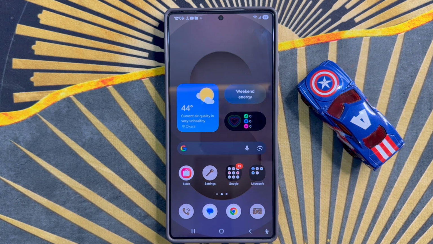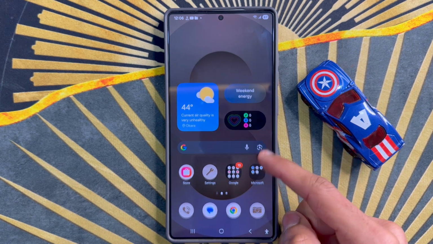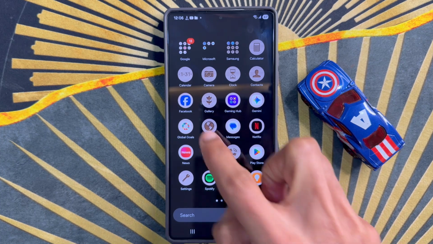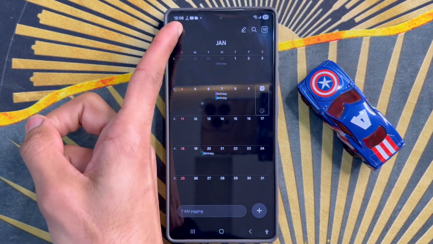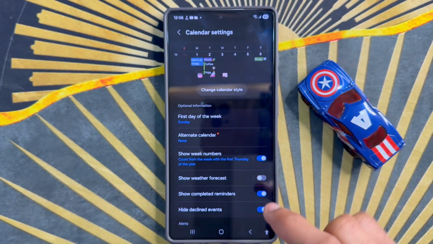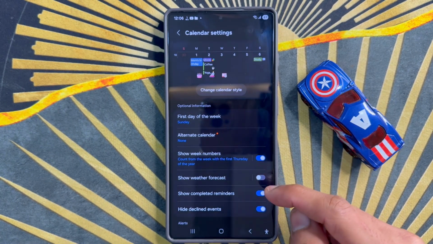Let's start the video. First of all, go to app library. Here click on calendar app. After clicking on calendar app, click on this three line icon and click on settings icon. Now in calendar settings,